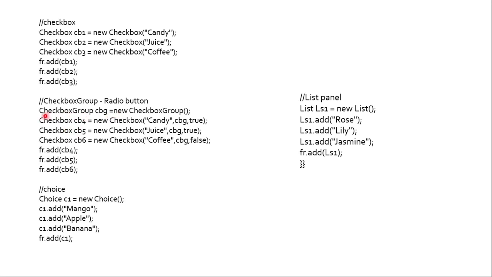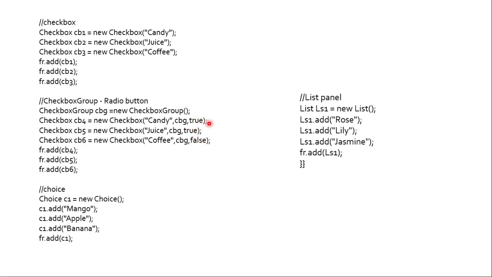That is also a class. So checkbox group, I'm calling it as CBG as a reference, and I have created an object. Then I'm going to create three checkboxes like CB4, CB5 and CB6. These are the references, and I'm going to name them candy, juice and coffee, and where these checkboxes should get added, it should go to the checkbox group. So if you have another group like CBG2, then you need to mention it like CBG2 here, right? As of now I have got only one checkbox group, so I'm going to add all these things into this checkbox group. And you know what it is, true false, that is the boolean value, and false,